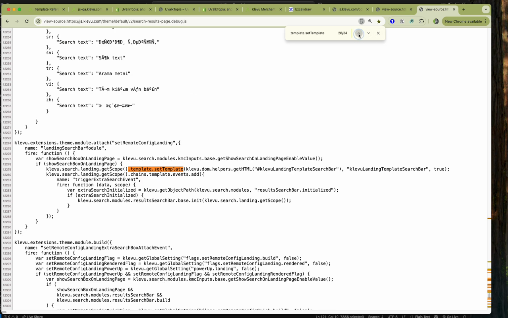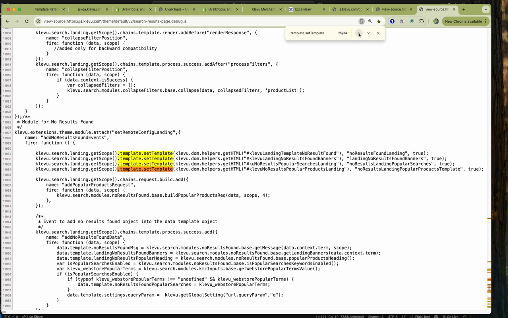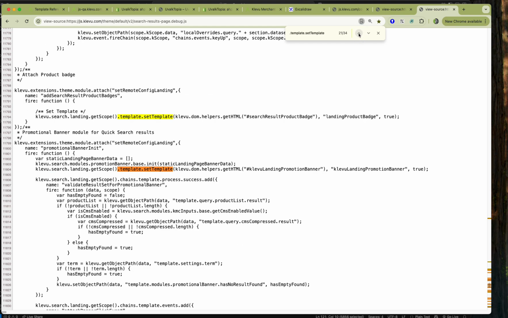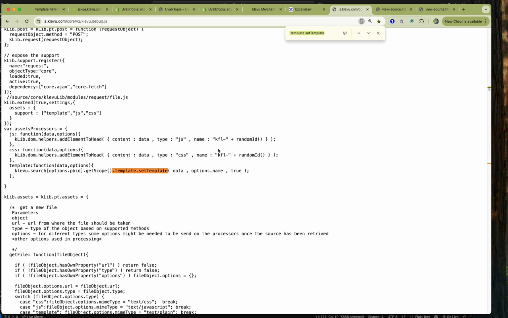So you'll find different variations of this code, but the most universal one, and here it's just referencing, so this is the same thing even though it looks a little different. I'm trying to find one in particular where it's not hard-coded. And I don't think that it is in this particular file. However, if I take a look at Klevu.debug.js, which is the same thing as Klevu.js, and I look for the same thing, there are templates that are being specified here. And granted, it's doing something else,